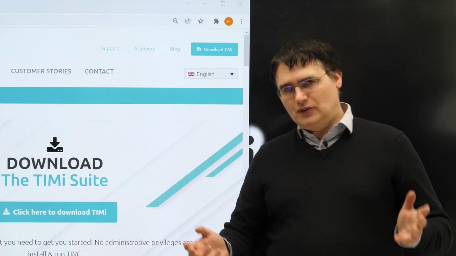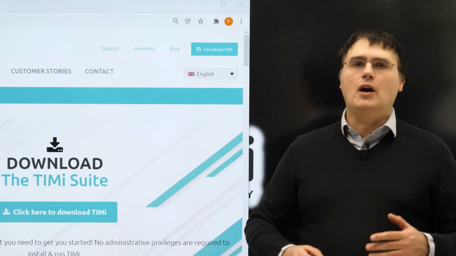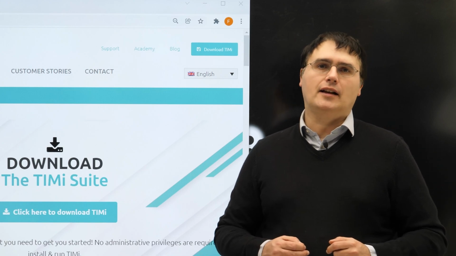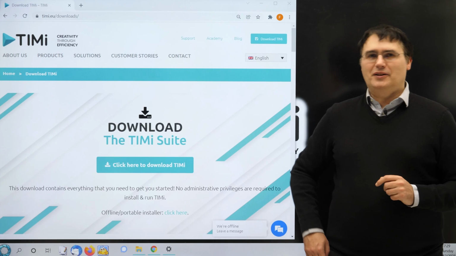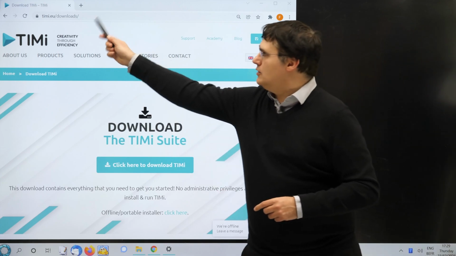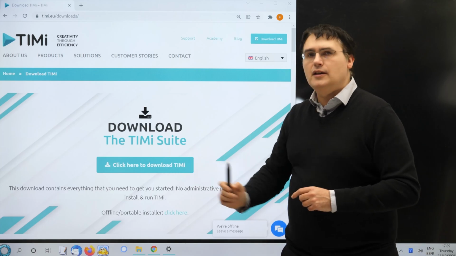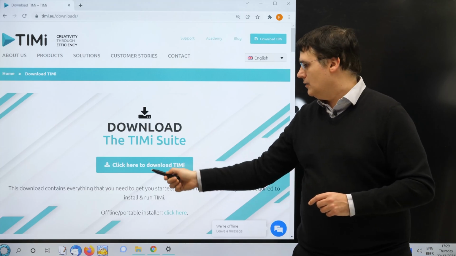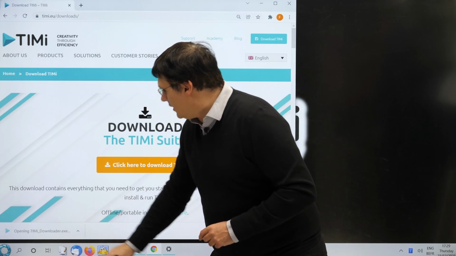Actually, you have several different options when installing Anatella. The easiest way is just to use the little wizard application that installs everything automatically in a few mouse clicks. So let's do that. So we go to timmy.eu, we click on the big button on the top and thereafter in the big blue button in the middle. Then we execute the little wizard.